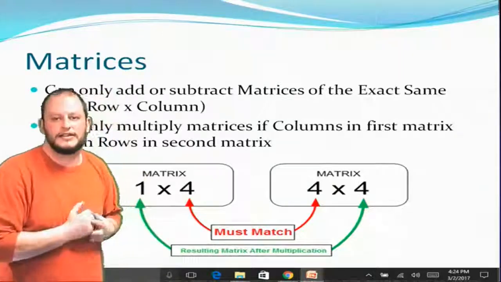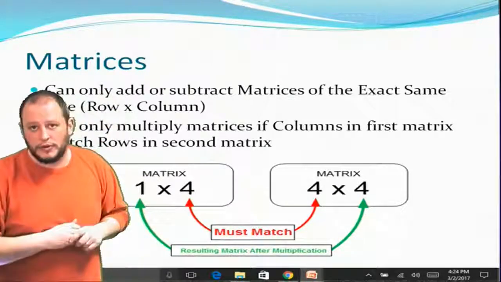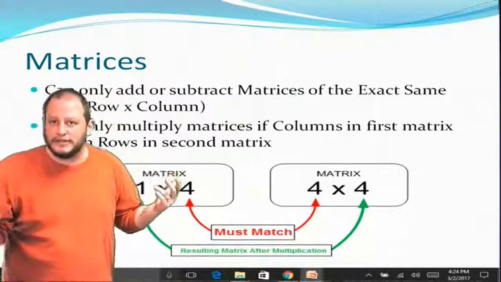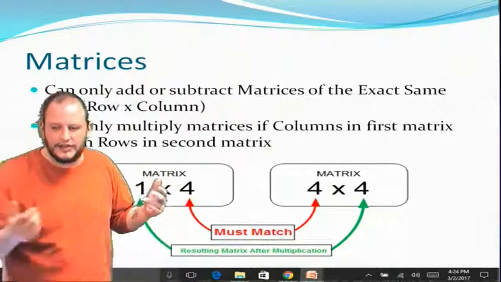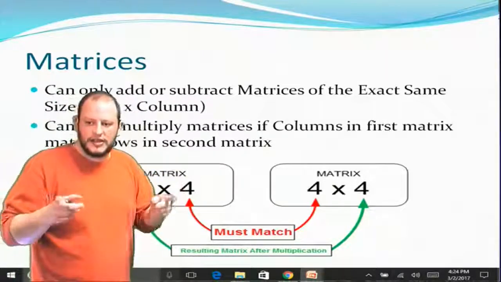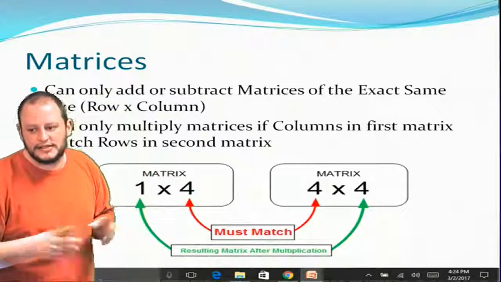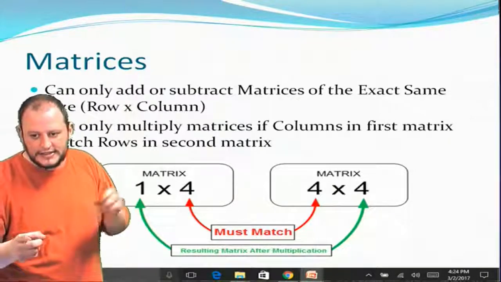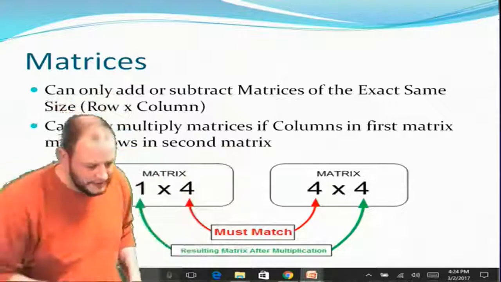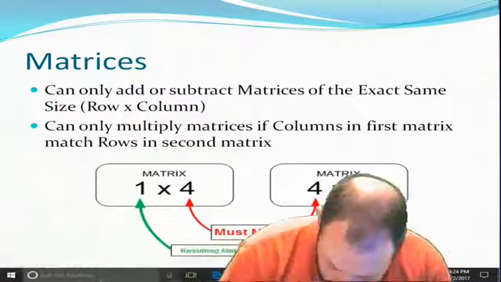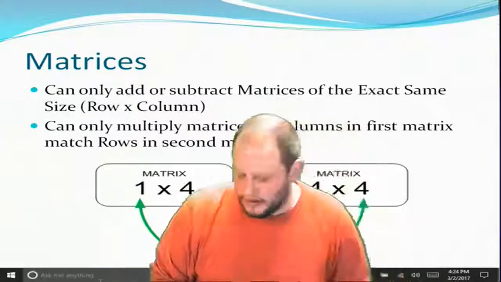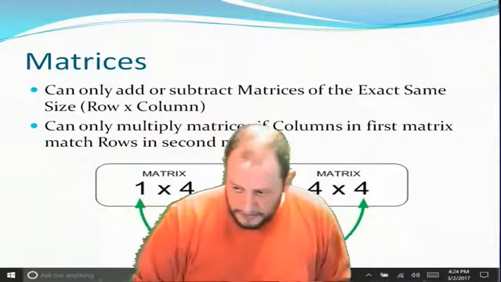I saw an ACT question, not one that we've worked on yet, but it asked if it was possible to even multiply these matrices together. And the quick trick is looking at the size of the matrices and determining, well, if this matches this, then this is going to be the resulting matrix. So let's take a look at our matrix problem that we had on our practice exam. It is problem number